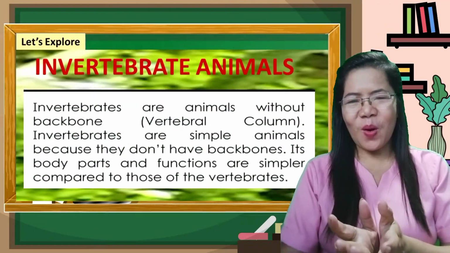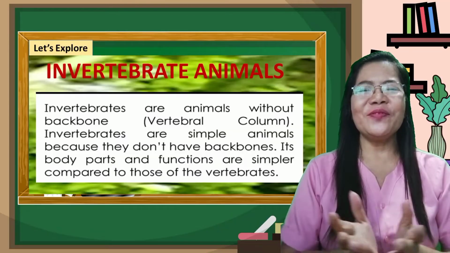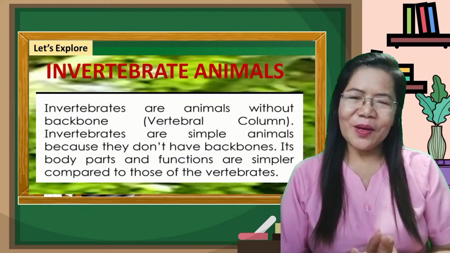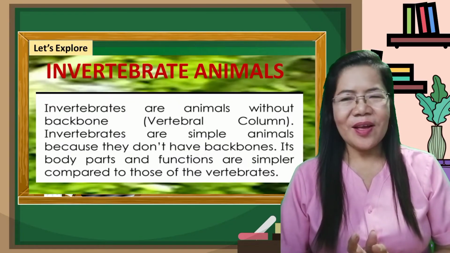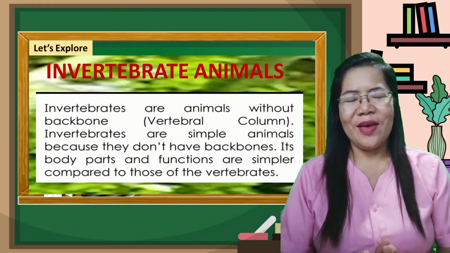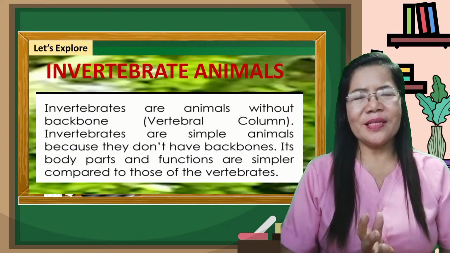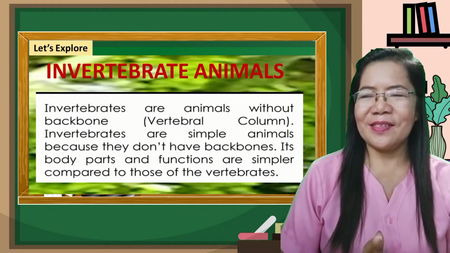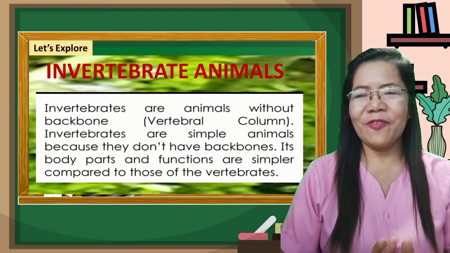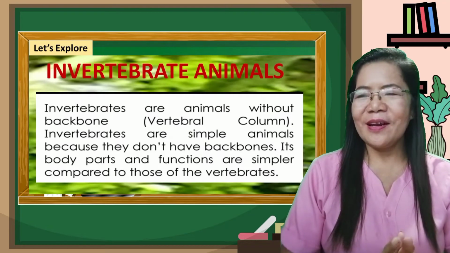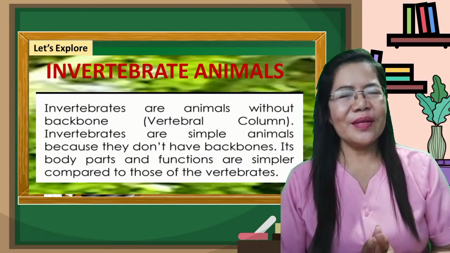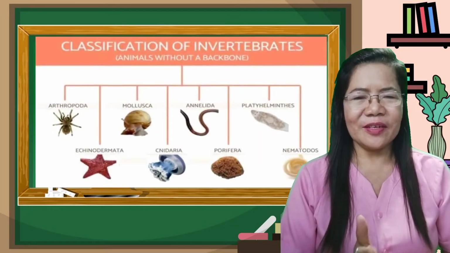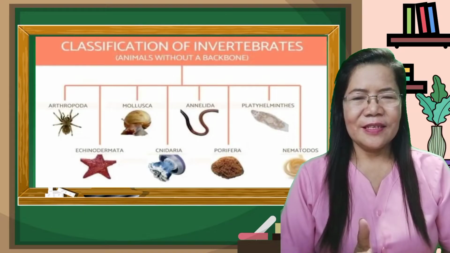Now, let us explore the world of invertebrates. Invertebrates are animals without backbone or vertebral column. Invertebrates are simple animals because they don't have backbones. Its body parts and functions are simpler compared to those of the vertebrates. Invertebrates are classified into different groups, like